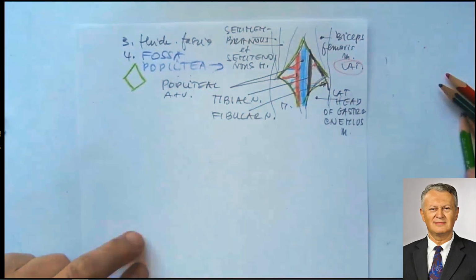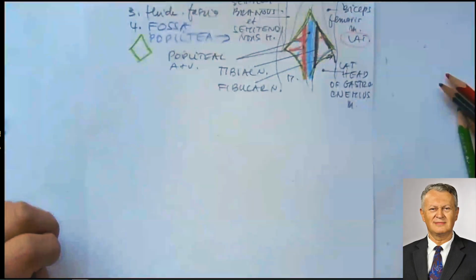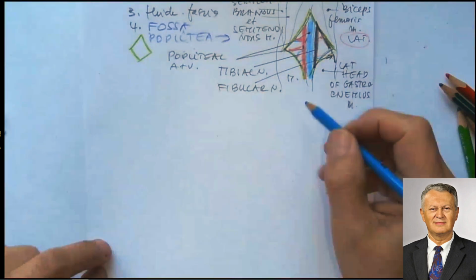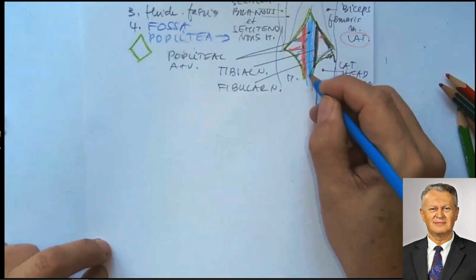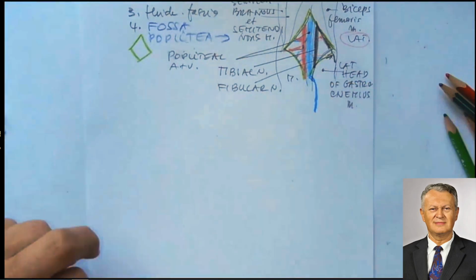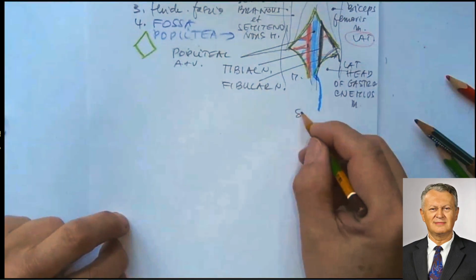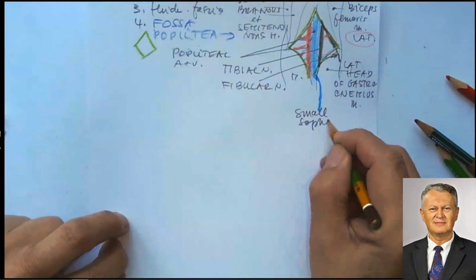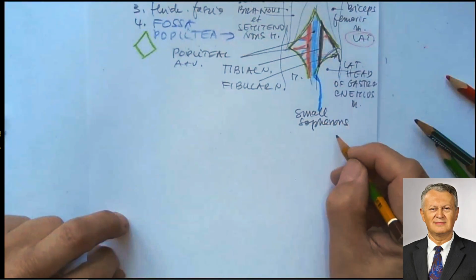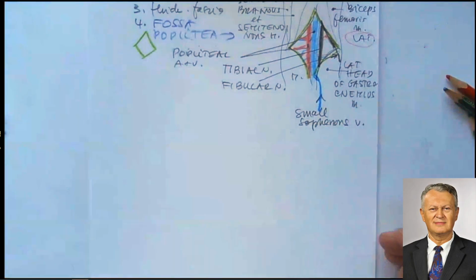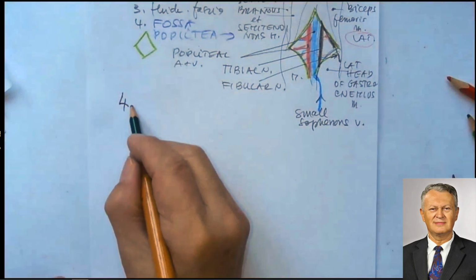Contents also not the private contents, because we see it in this diagram. What should be mentioned also here? Ascends the vein. The vein is called the small saphenous vein, which ascends from the dorsal side of the crus. Then follows the next region. We call it regio cruris. This would be number 4. Regio cruris,